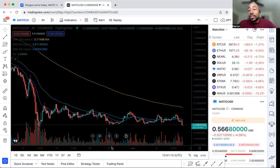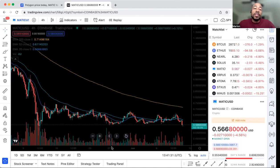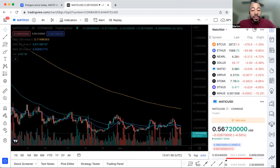I can always reduce the days, because crypto's a 24-hour market as compared to an 8-hour market. So it's 3 times as much opportunity for movement. Sometimes you've got to catch those swings and price movements a little better, so you need to go down to like a 14 day moving average, but it all depends, man. We ain't here to be too technical, but yeah. So that's the Matic chart,